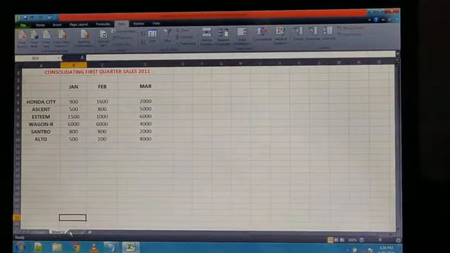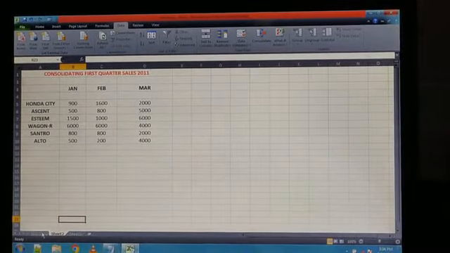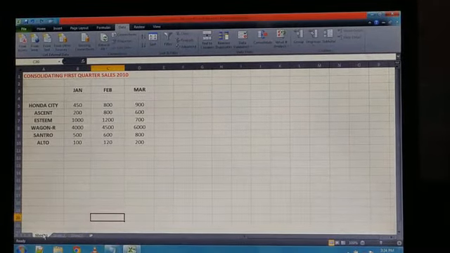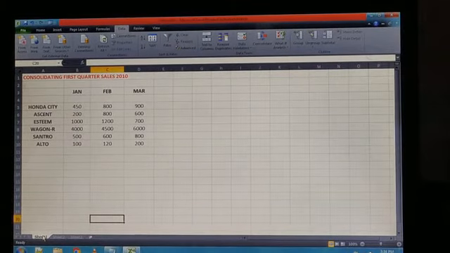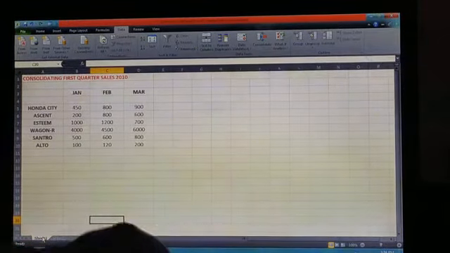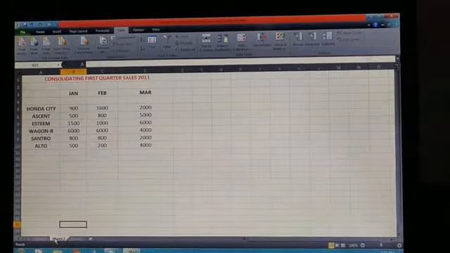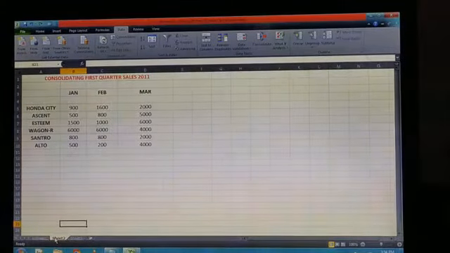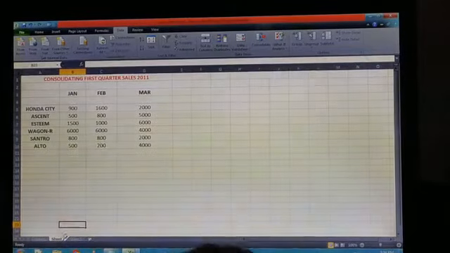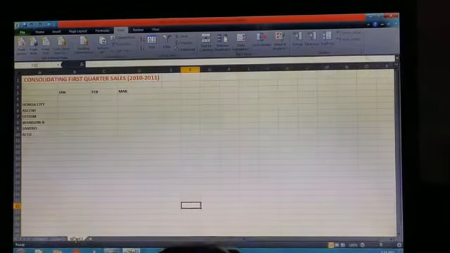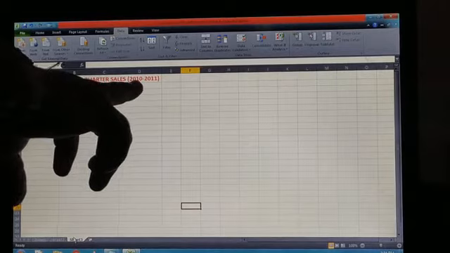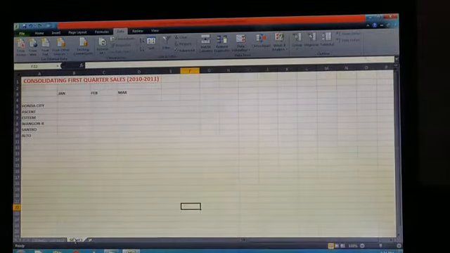So what is the procedure? I have already entered the content for sheet 1, that is consolidating first quarter sales 2010, and sheet 2, that is consolidating first quarter sales 2011. Now we have to combine these 2 years quarter sale, that is for sales 2010 to 2011.